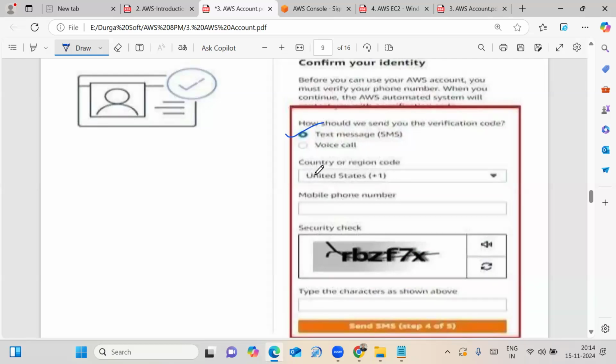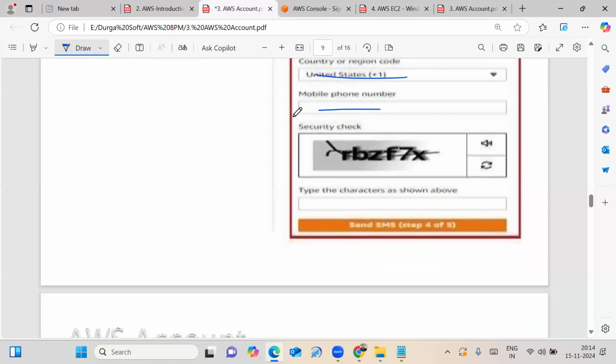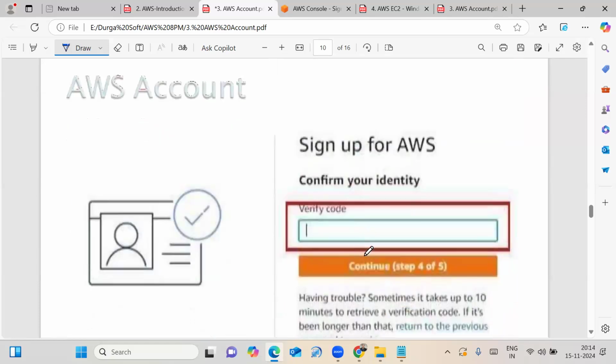You need to choose the country or region and enter your mobile number again. Whatever security check appears on your screen while creating your AWS free tier account, we have to type it and then click on send SMS. Then you need to enter the verification code.